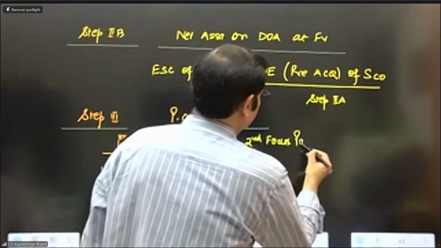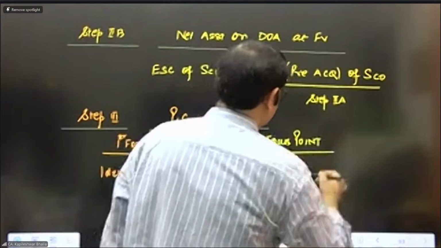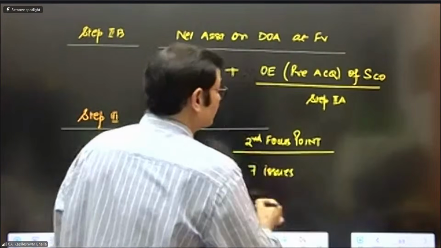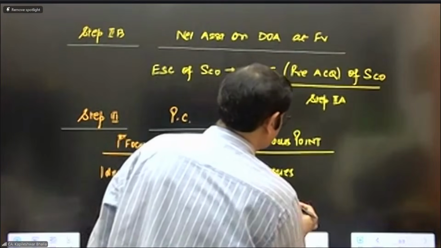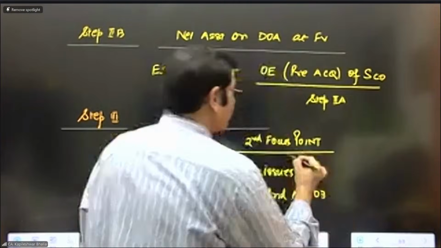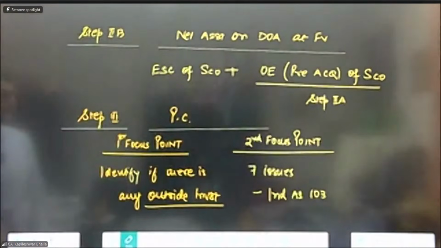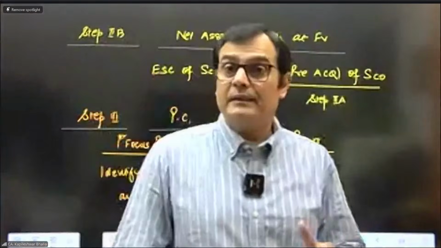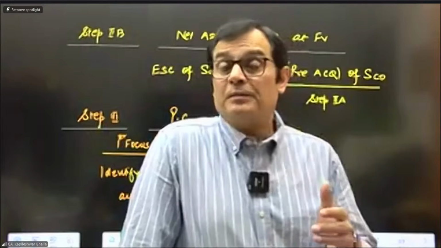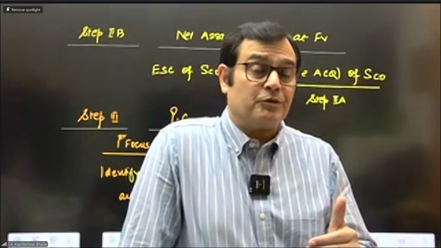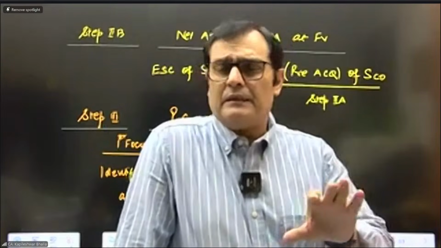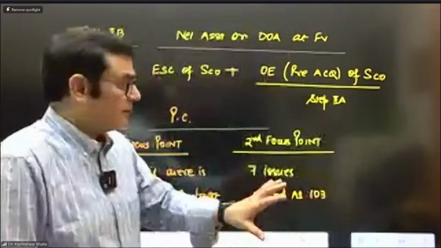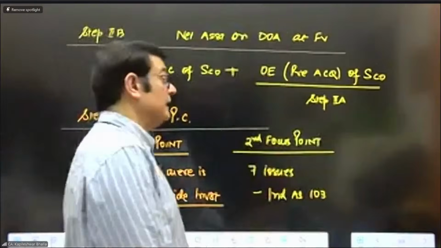The second focus point which you need to keep in mind as far as the PC is concerned, the seven issues which we covered in terms of Index 103. Because when you look at the purchase considerations, apart from the cash, apart from the shares, there could be deferred considerations, and there could be a case of contingent considerations. So when you calculate the PC, it is quite possible that there might be omissions. So I would say the second is that you need to keep care of those 7 issues, and I would